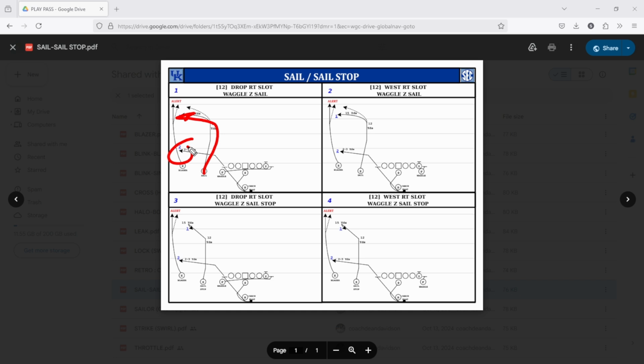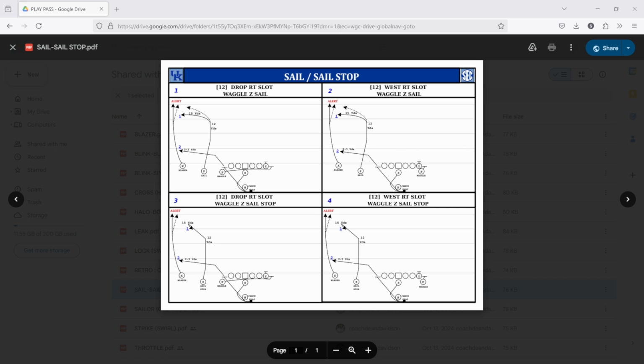So these are all waggles, which again is that kind of fake boot setup, put up in the pocket. I don't think we have them off a waggle. Ours is going to be off of a straight drop back. Not a straight drop back, off of an inside, probably fake, like a dive fake, and then we're going to throw this ball. We want things to look the same, but honestly, the most important thing is getting this open